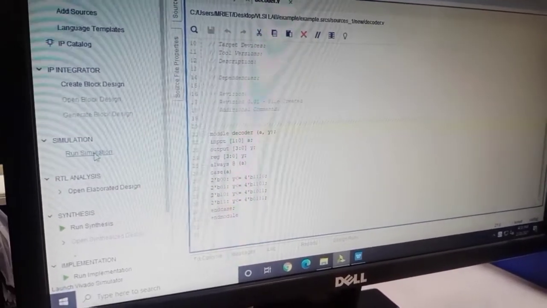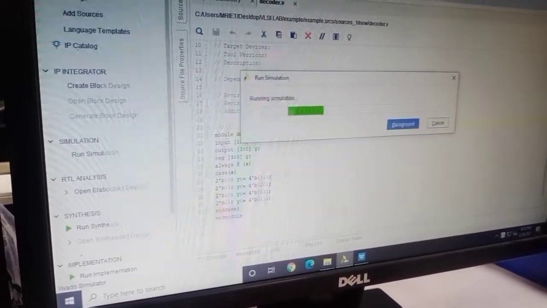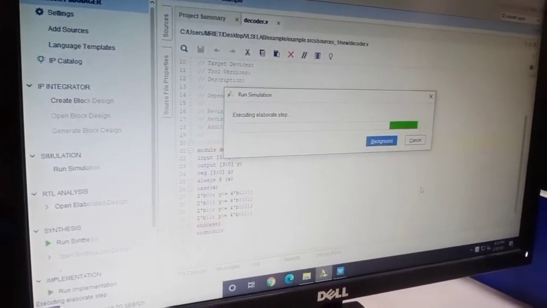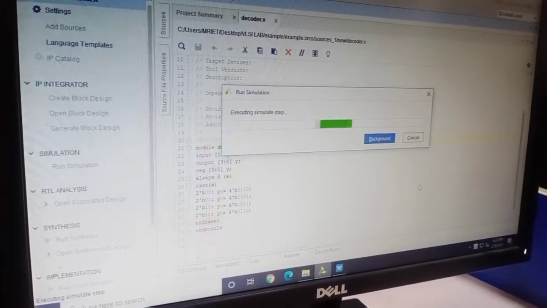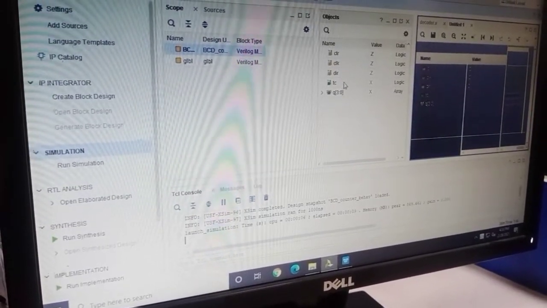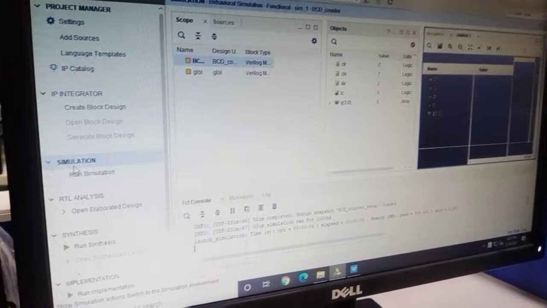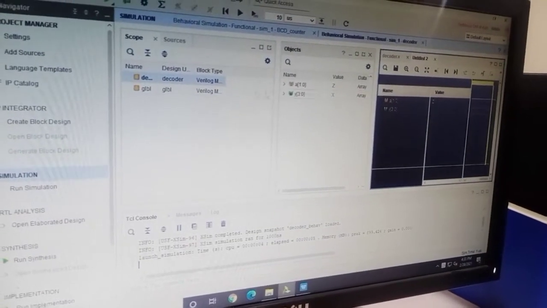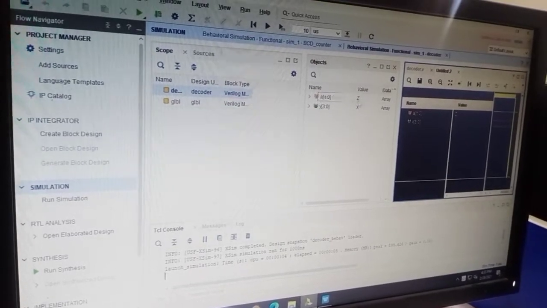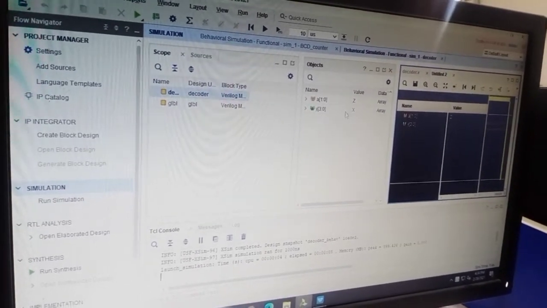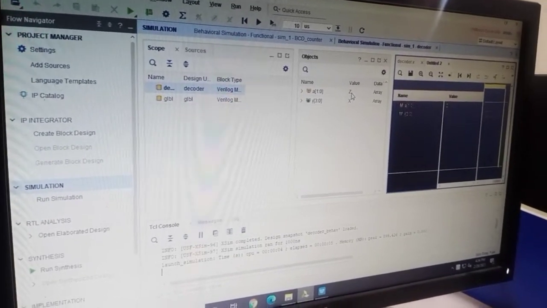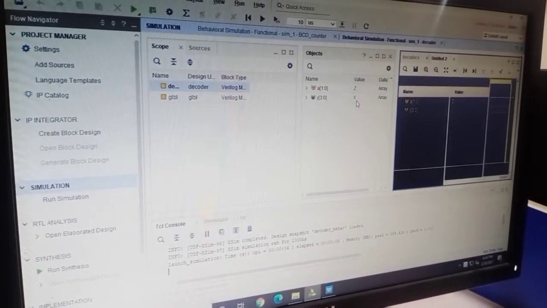Now the next step is going for the run simulation. So now I am going for the simulation part. Simulation is a part where we are going to apply the stimulus and check the functionality of the particular design module. Now this is the simulation part where I need to provide my input. My input variable A is defined as Z and my output variable Y is defined as X. Z indicates a high impedance state, it is neither logic 0 nor logic 1. X indicates an undefined or undetermined state.